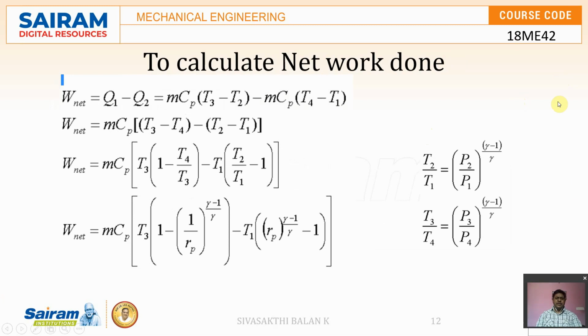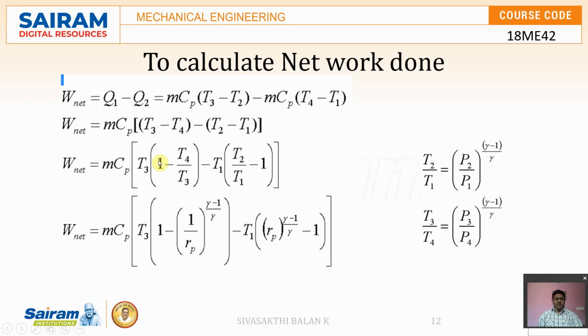And to calculate the net work done of the Brayton cycle is as simple as I already explained. The net work done is equal to the difference between the heat addition and heat rejection. So replace the heat addition and heat rejection formulas with m Cp times the temperature differences, and take the m Cp, which is common in both terms, outside. You will get T3 minus T4 minus (T2 minus T1). And in the inner term, take T3 outside from the first, and from the second term take T1 outside, the initial state condition.